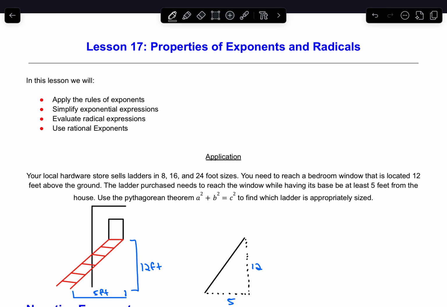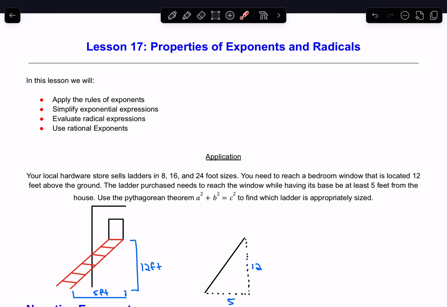So we actually have a lot to cover in this lesson, a lot of different properties that are going to be happening. So just going to rapid fire them at you. All right, and the application we're building up to is your local hardware store sells ladders in 8, 16, and 24-foot sizes. You need to reach a bedroom window that is located 12 feet above the ground, and the ladder purchased needs to be able to reach the window while having its base be at least 5 feet from the house. So we will use the Pythagorean theorem, a squared plus b squared equals c squared, to find which ladder